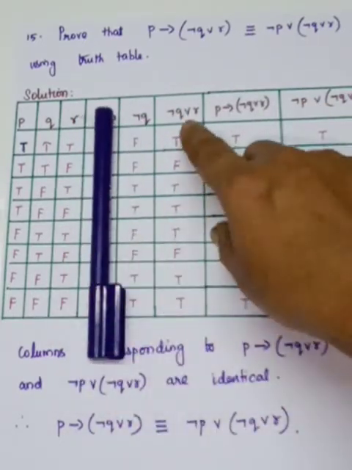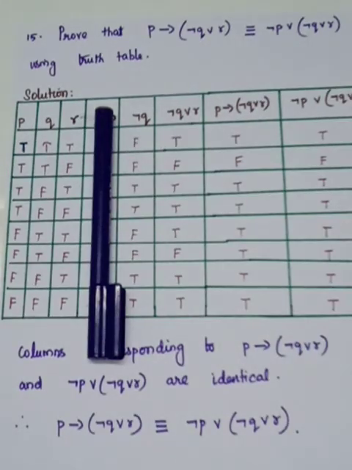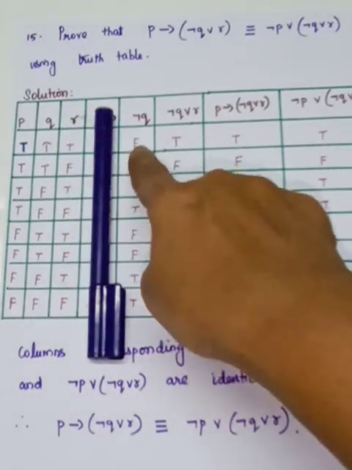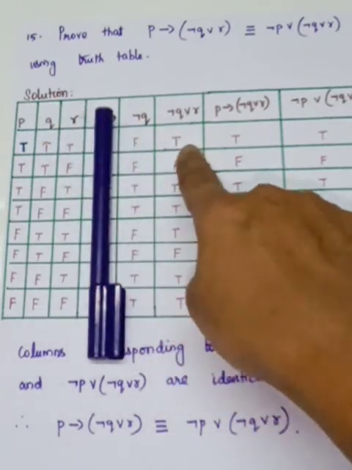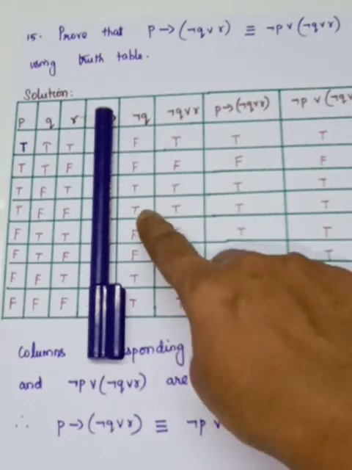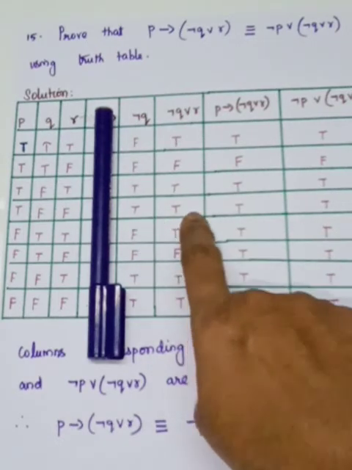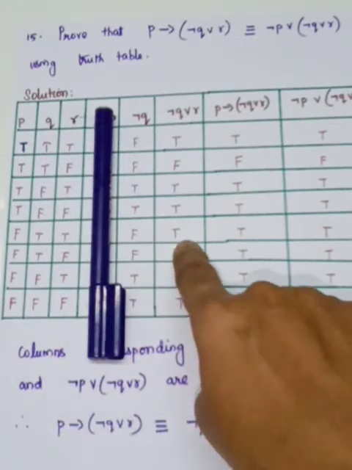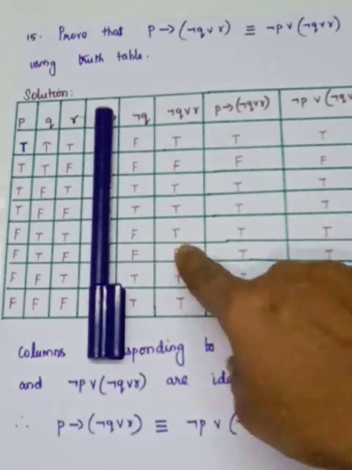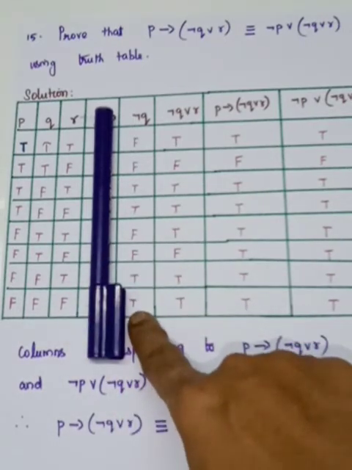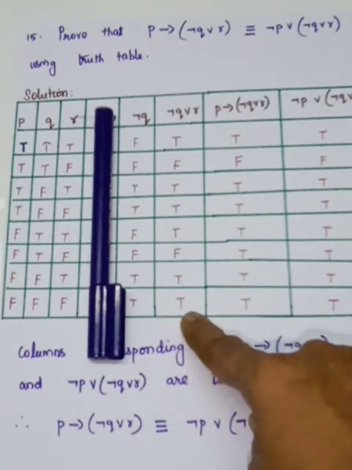In between what you are having? R. R means any one is true, it is true. Both are true, it is true. So here look at this. Comparing these two, one true is there, so it is true. And here both are false, so it is false. Here both are true, so it is true. Here you are having one true, so it is T here. Here also one T, so here you have to write T. Here both are false, so it is false. Here both are true, so it is true. So here you are having T, so here also T. So we have filled this.